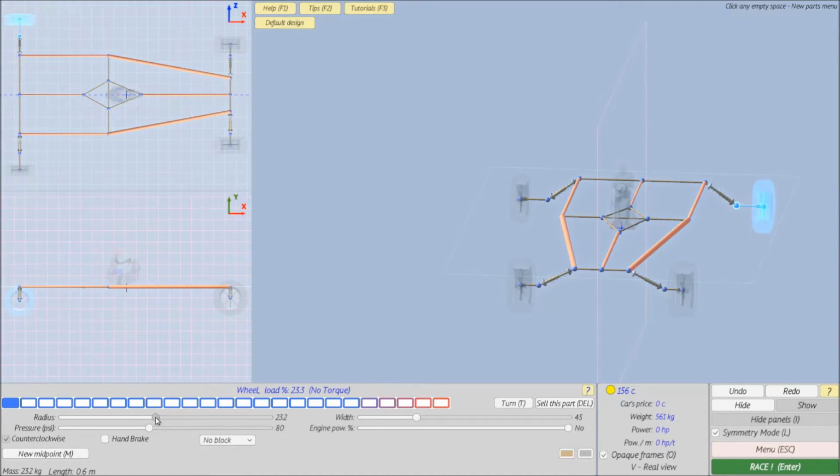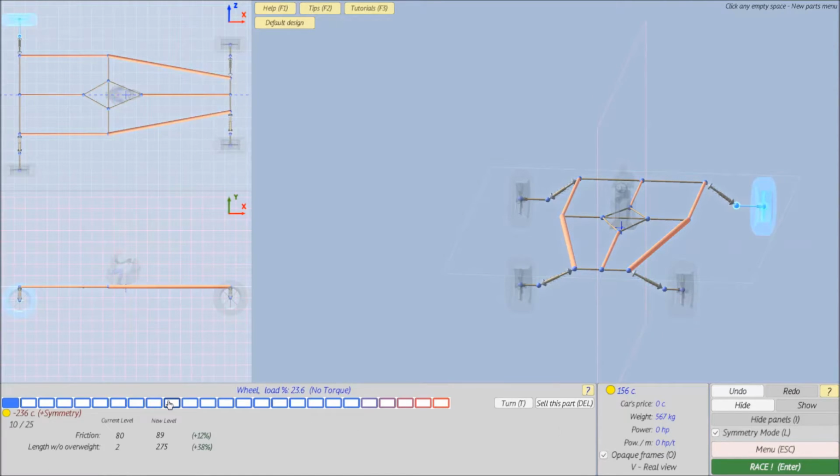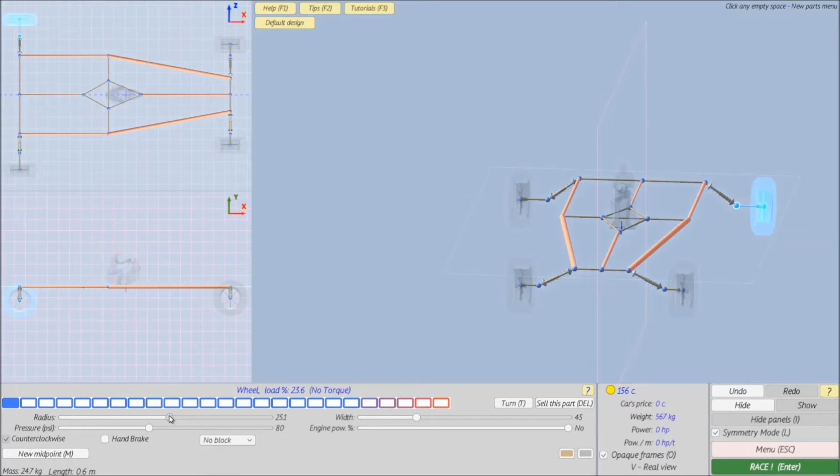Okay, so what, 25? Yeah, 25.1. The back tires are a bit bigger, aren't they? Actually, no, they're about the same. Yeah, the mouse sensitivity. And the width is 56. Point what? Point 1. Okay,